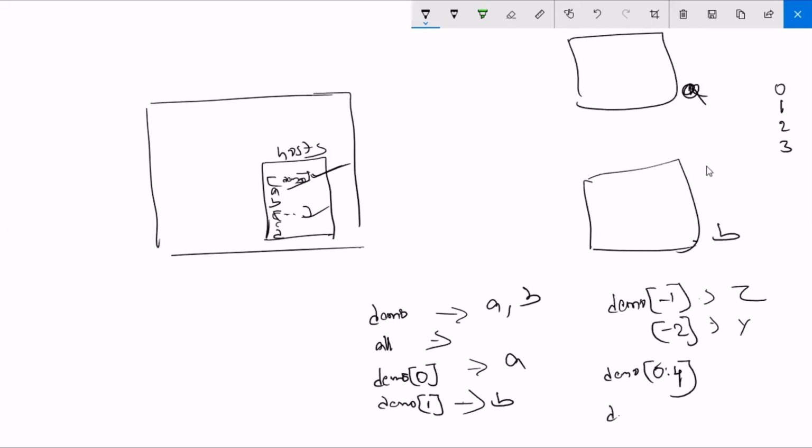Give a group name, and one more group name, for example test. In the first group you want to push code to only the first server, using 0 and colon. In the second group you want to push code to only the second node. Like that you can give any number of groups here.